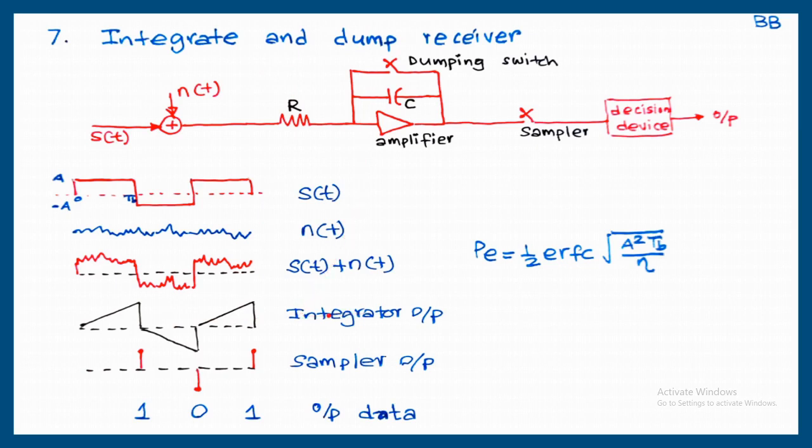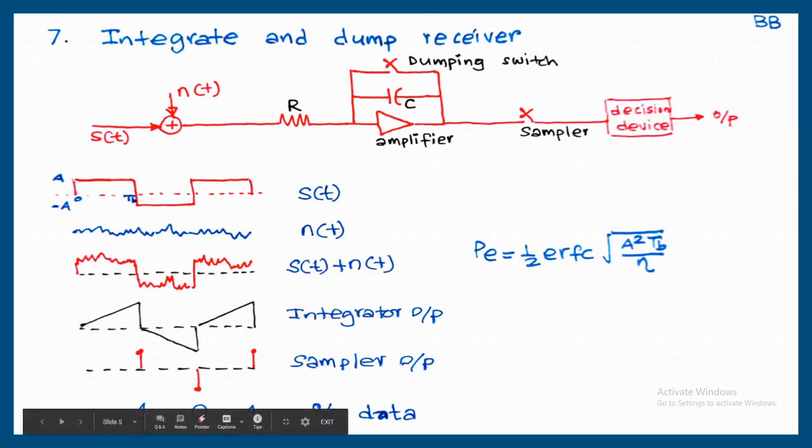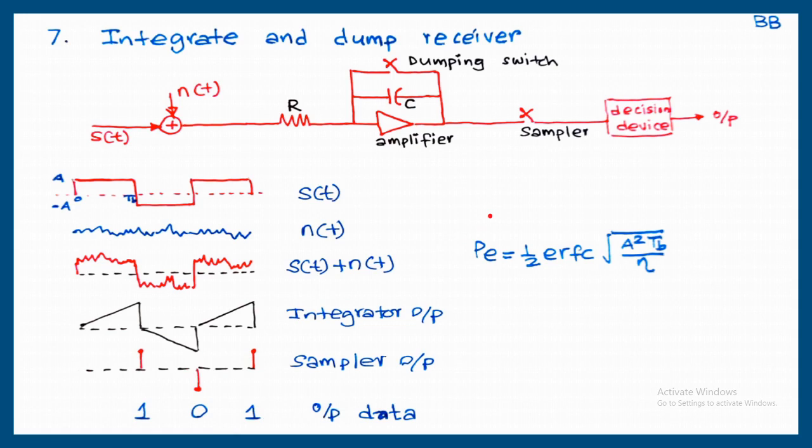So this is the integrator output, and once the switch is closed, these voltages will get plus K. We can say like this plus K, this is minus K, this is plus K. Or some positive voltage, negative voltage, positive voltage. And the decision boundary for this case is always 0. So any voltage received greater than 0, the decision device will make a decision 1. Any voltage received less than 0, the decision device will make a decision 0. So finally what we are getting in this case is 1, 0, 1. That will be the output data. And this is a practical example of a matched filter receiver for baseband detection.